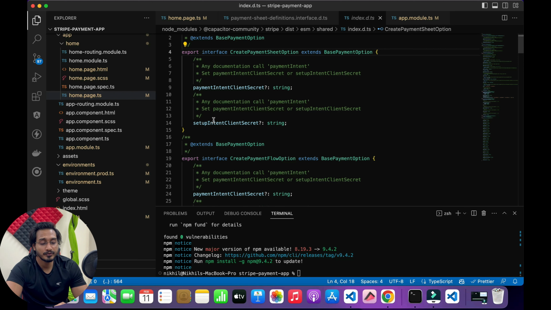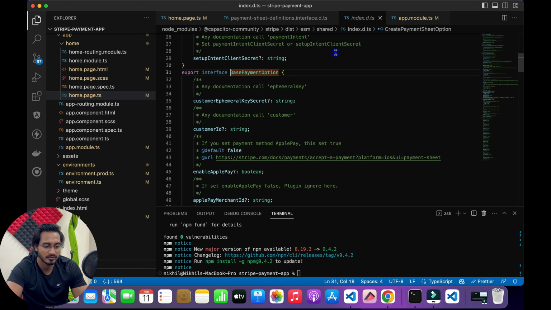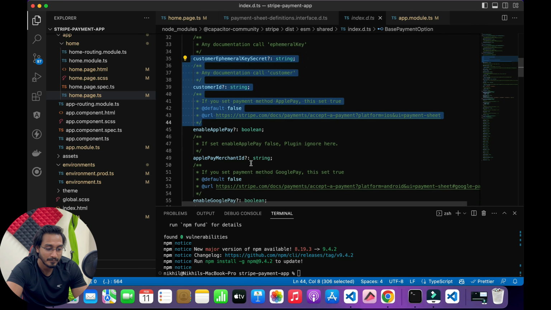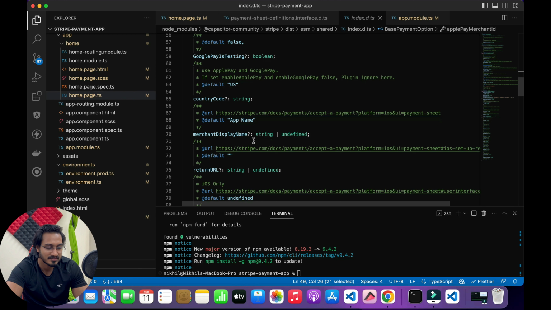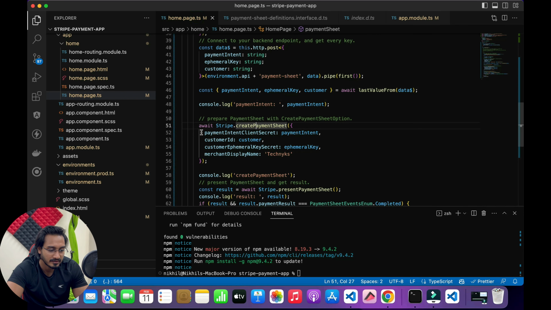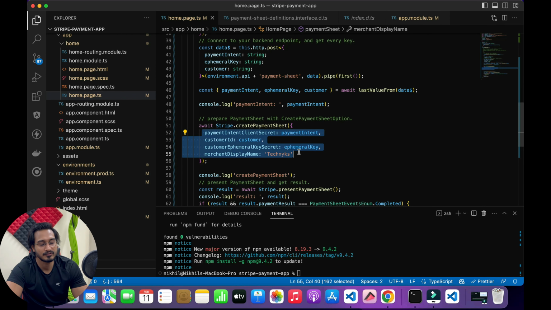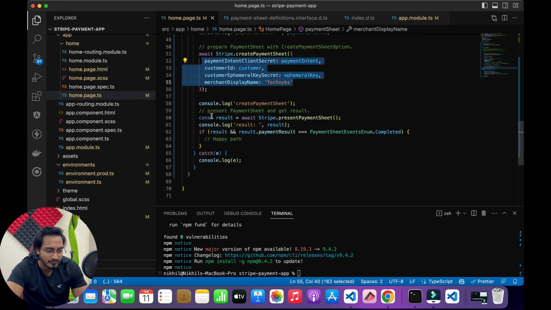And now if you want to go into more details, then you can go for base payment option 2, where you get the secret, customer ID, enable Apple Pay, merchant ID, a whole lot of stuff which you need, and even the merchant display name which I was talking about. So once you get all this stuff, you can pass the things that you want out here and you're good to go. So this is what I have done, and finally we will get the result whether the payment is